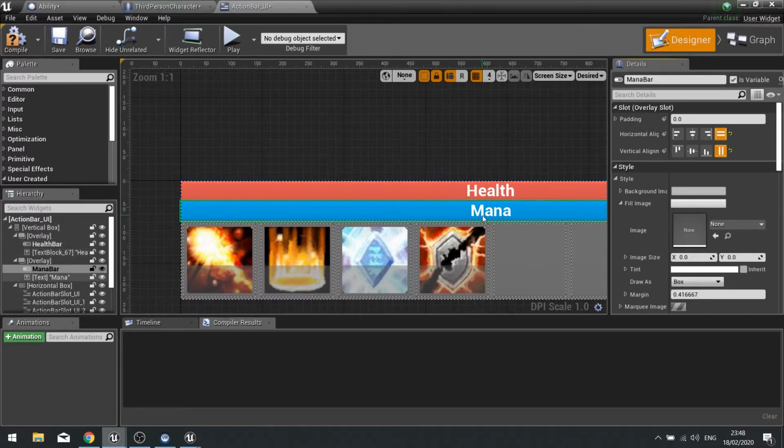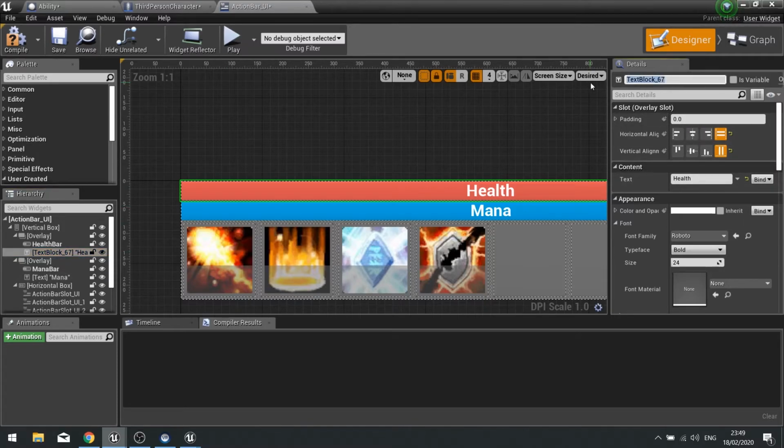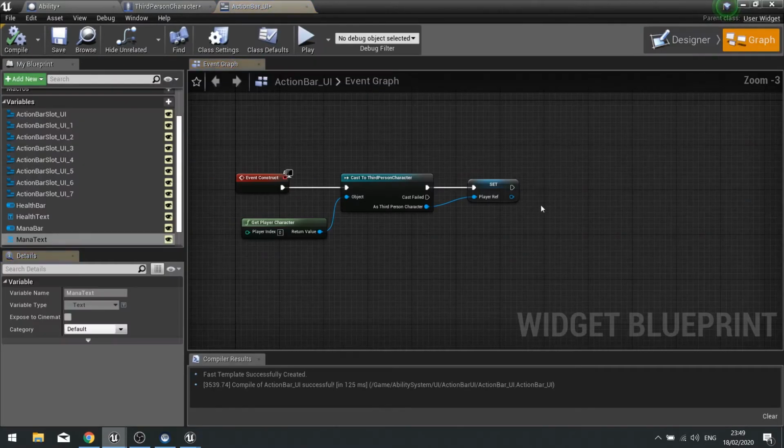We're also going to make these values change as well. So on the health bar one, we're going to change the name of it here to health text and tick the is variable. And on the mana one, mana text, again ticking is variable. Compile that, return back to your graph.